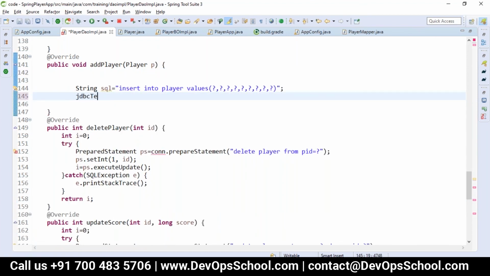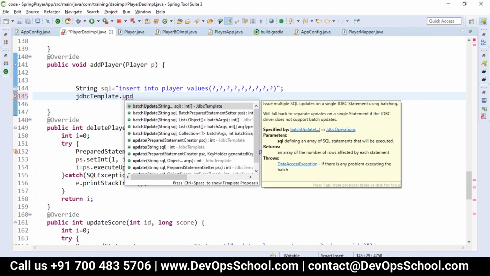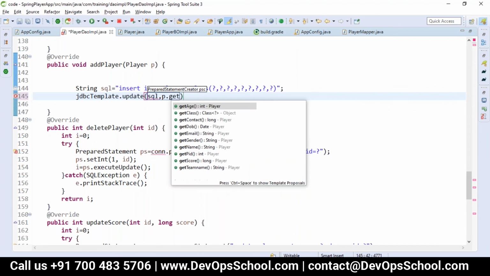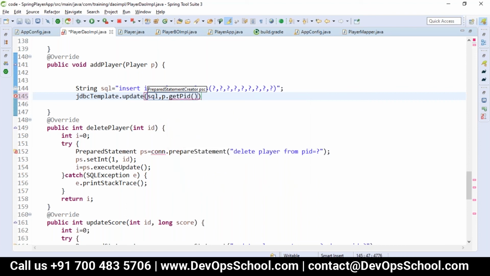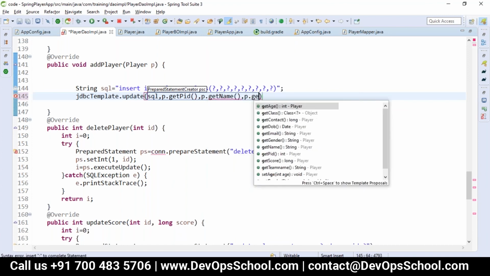So here JDBC template, for DML operations to be done, we have a method which is called update. We have an update method, where it will take your SQL, and after that, for each question mark you have, you have to set the value here, which is p.getPID, then p.getName.